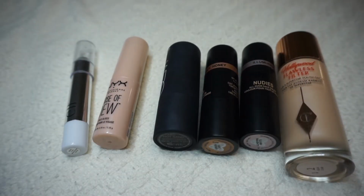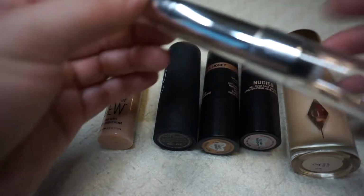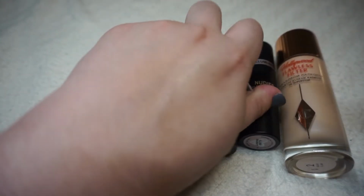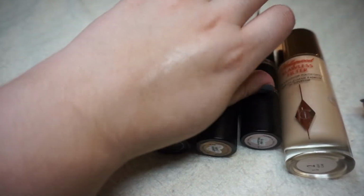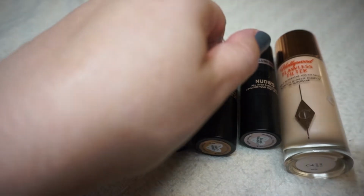Okay. Here we have all of my more cream and the one liquid highlighter in my collection. So off the bat, the only one that I know that I want to get rid of is this one. This is the e.l.f. It's kind of similar to like the Ciate Dewy Stick, and it's completely clear. And you can just see that it is like a balmy,